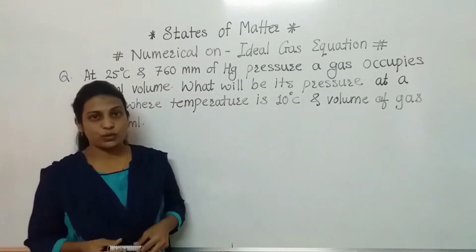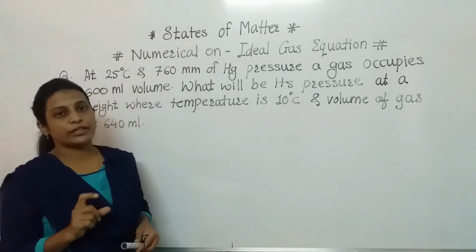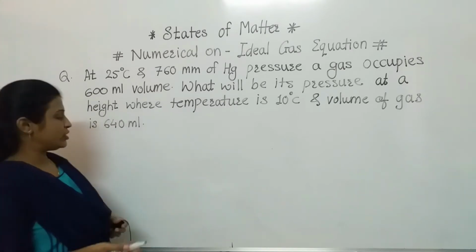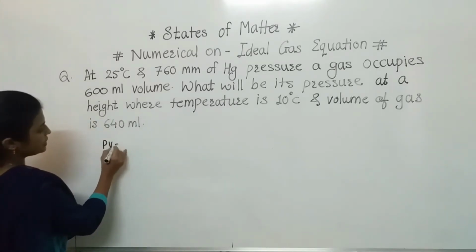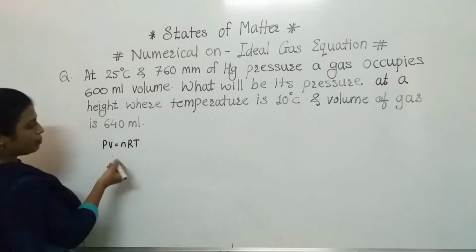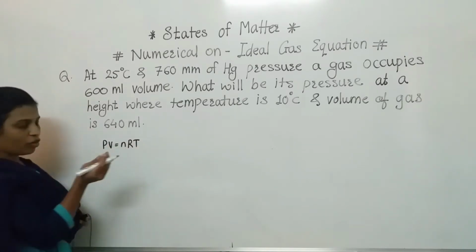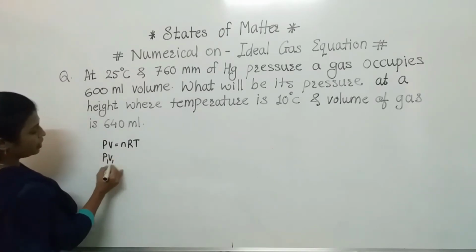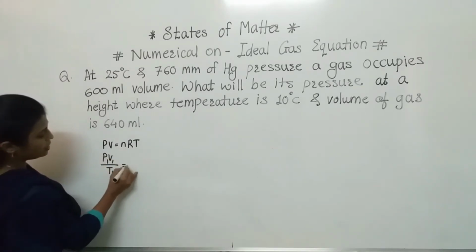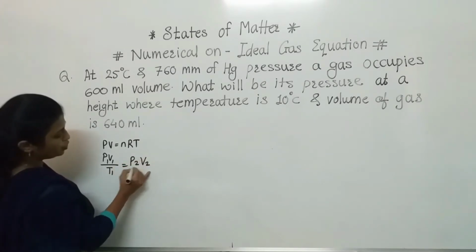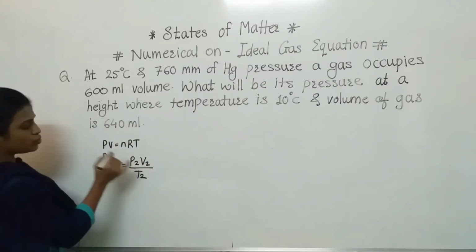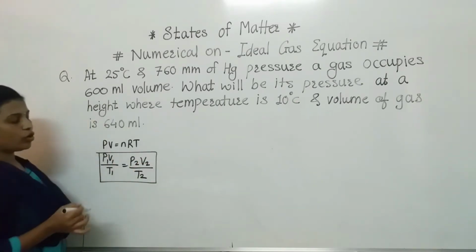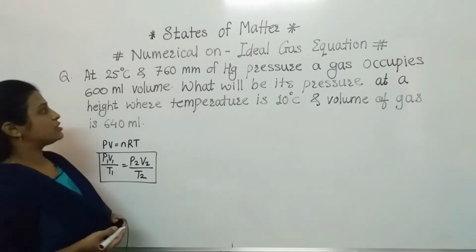Last time I discussed with you that you have to see that video which is related to the ideal gas equation and what that equation is. So here once again I will tell you that equation. That equation is PV = nRT. But here, if we consider the given mass of a gas, then P1V1/T1 = P2V2/T2. These two equations are there. So here we are going to discuss the numerical based on this formula. Clear to everyone? So let's start with the numerical.